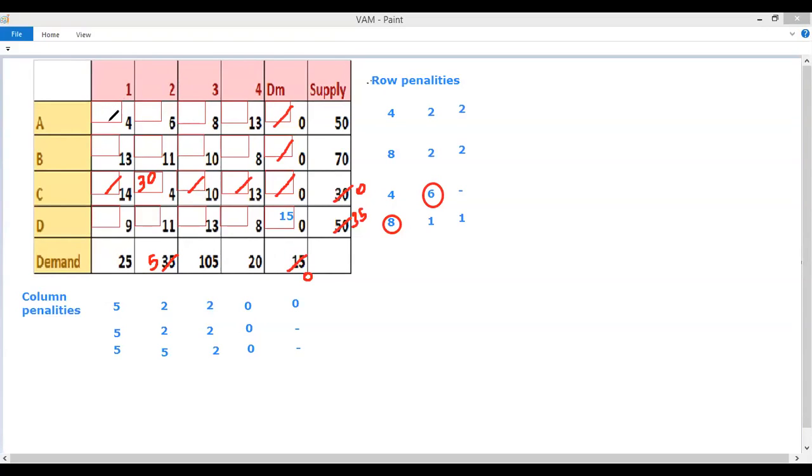So for this particular cell, the demand is 25 and the supply is 50. The minimum of 25 and 50 is 25. Allocate 25 units of resources to this cell. When you allocate 25, this 25 has been met, and this value will become 0. There is nothing remaining to allocate to these cells. Strike out these cells. Here 25 units have been consumed and the remaining is 25.